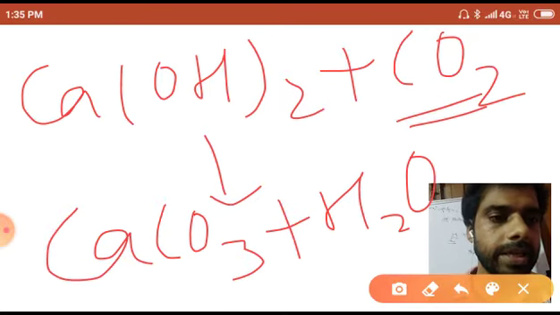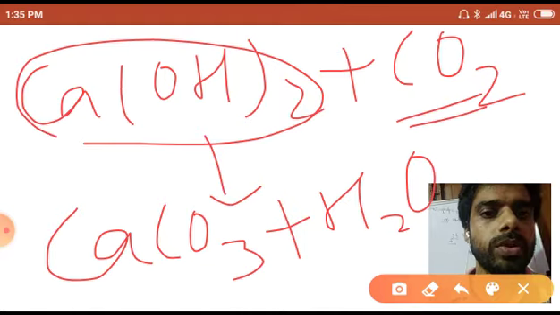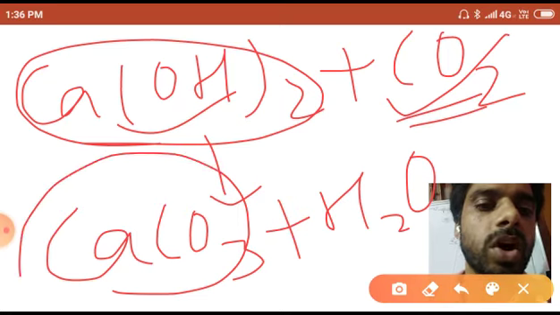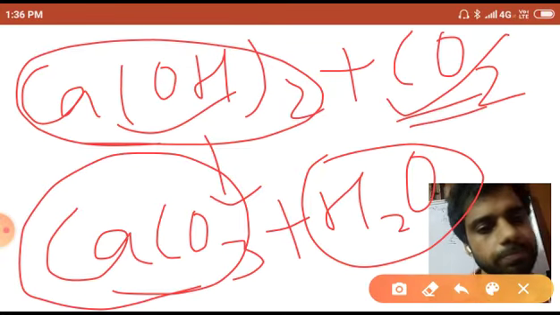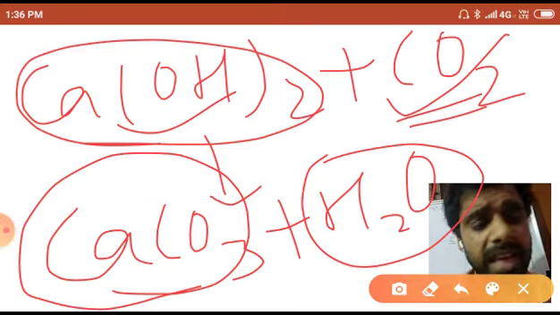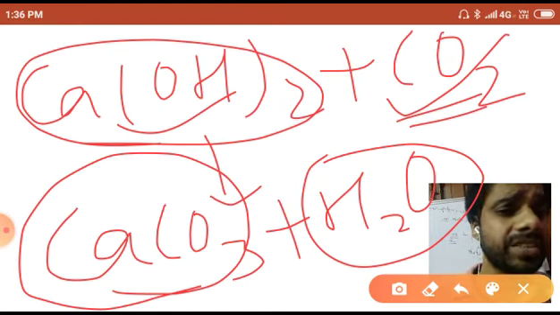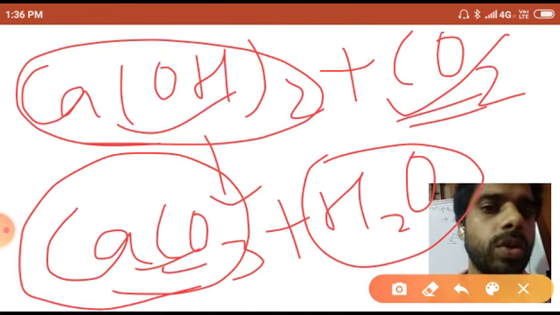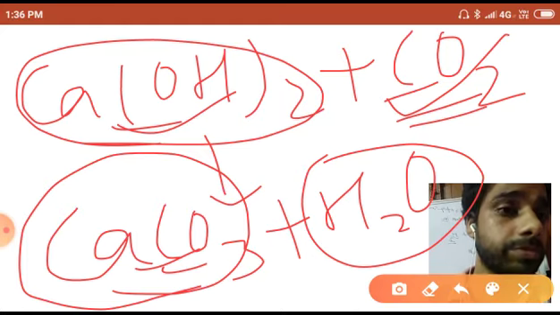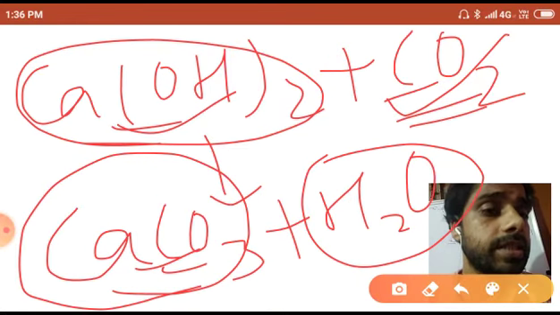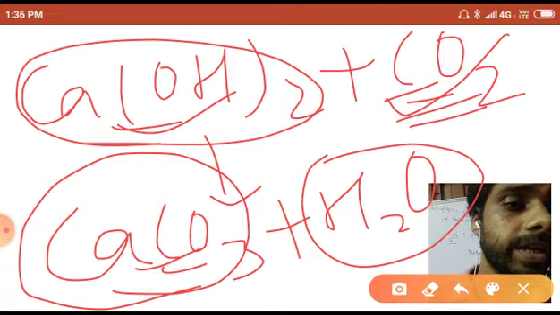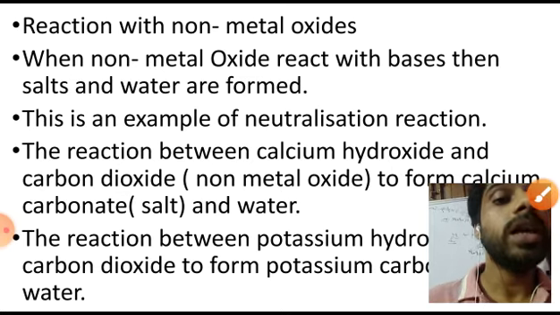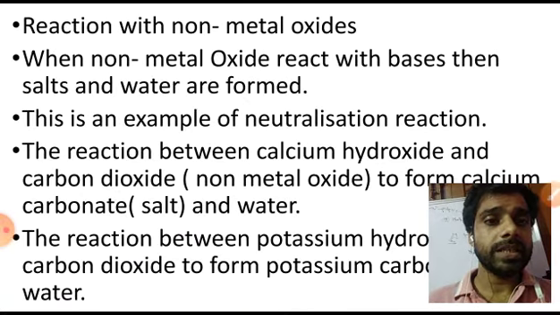It is clear. Now the second reaction, Ca(OH)2, calcium hydroxide, plus acidic oxide, non-metal oxide, it will give salt and water. Okay now, in this you can understand this is a neutralization reaction also, because neutral product has formed. What is the definition of a neutralization reaction? When a base reacts with an acid. Yes, dear student, this one is acidic. So base plus acid will give a neutral compound plus water. It is called a neutralization reaction. So here it is written, it is a neutralization reaction.